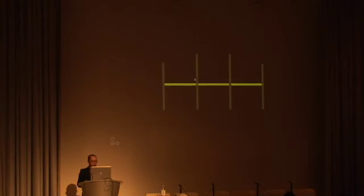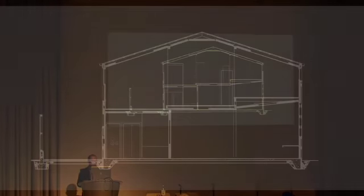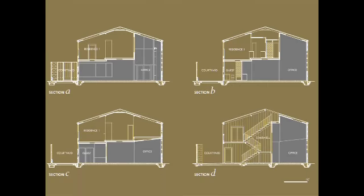Poles, wood columns at 12 feet on center, and then floor joists. And then we realized that simply by shifting these joists up and down, not playing with the span, we could play with the same kit of parts, and so end up with this kind of section. So even within the simple volume of the metal shed, we could actually get away with quite a series of volumetric